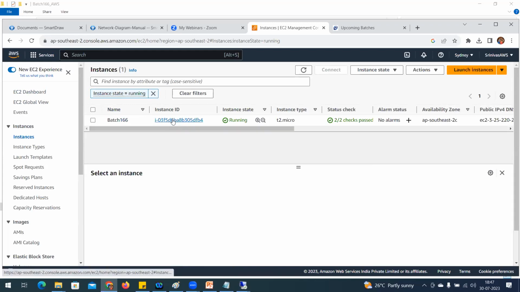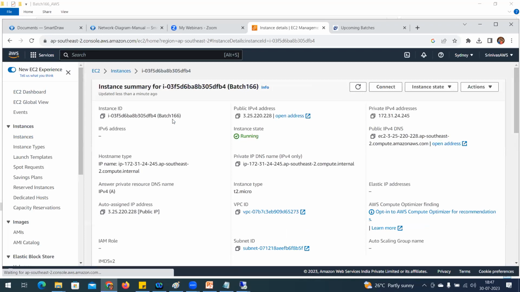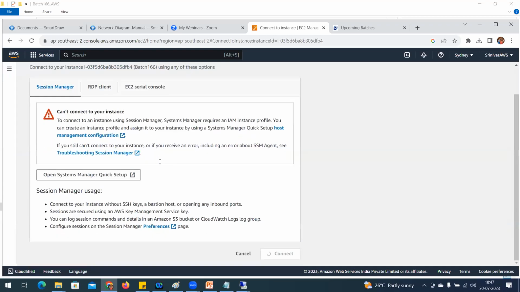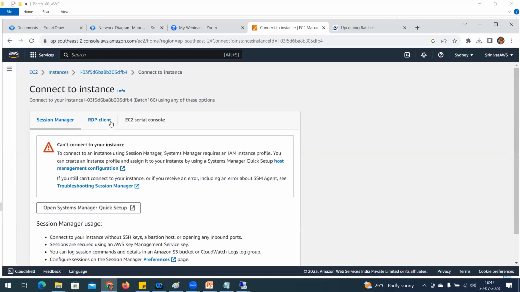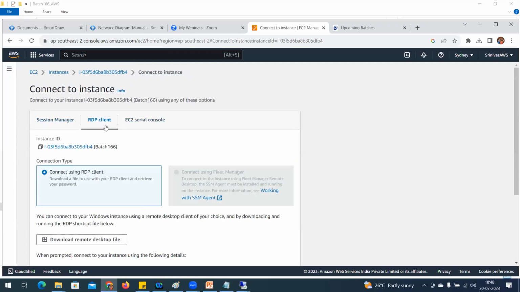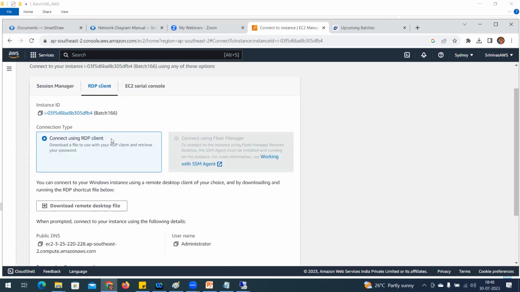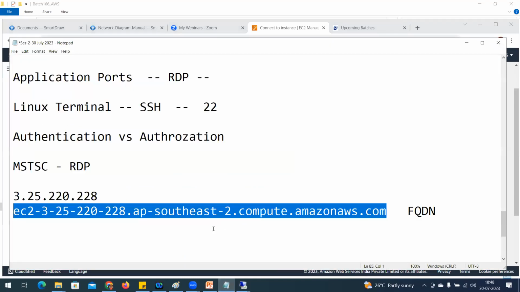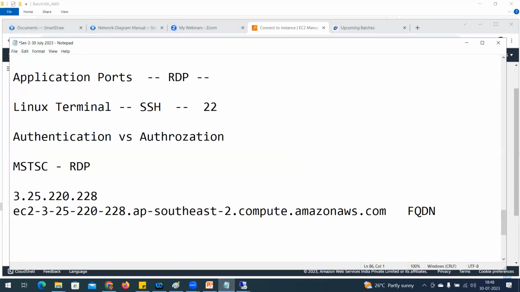I'm going to click on this instance to get the details. Without clicking on the instance, I'm not in a position to get the details. I'm going to get the IP information, FQDN information, and then I'm going to click on connect here. As soon as I click on connect, what is the way you are going to connect? It is a Windows server. That's the reason it is going to say RDP client. Here we are going to get the password. What is the username first? I'm going to get the username mentioned here: administrator.